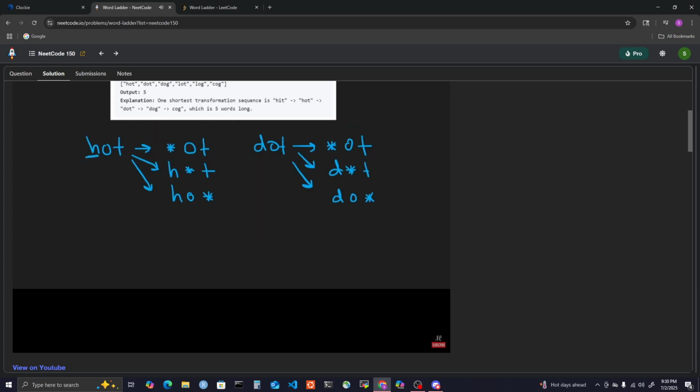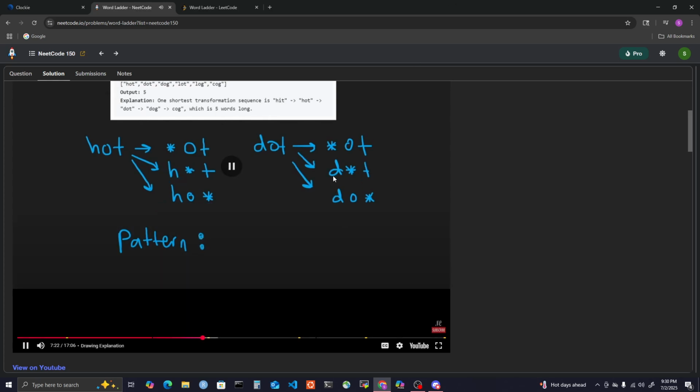And that makes sense, right? If we change the first character from here to a d, or change the first character from here to an h, these 2 words will be the same. That means they have a 1 character difference. So using this idea, we are going to create an adjacency list where the key of the adjacency list is going to be the pattern. By pattern, I mean one of these wildcard type strings, and the value of this adjacency